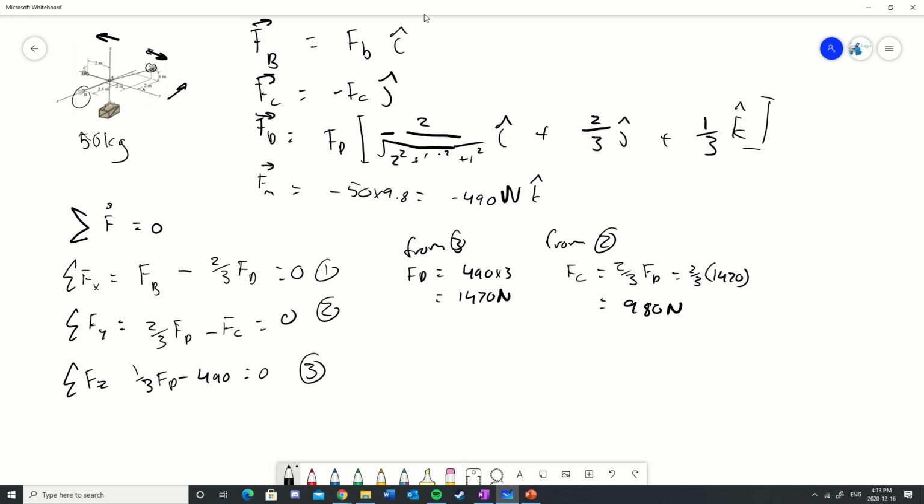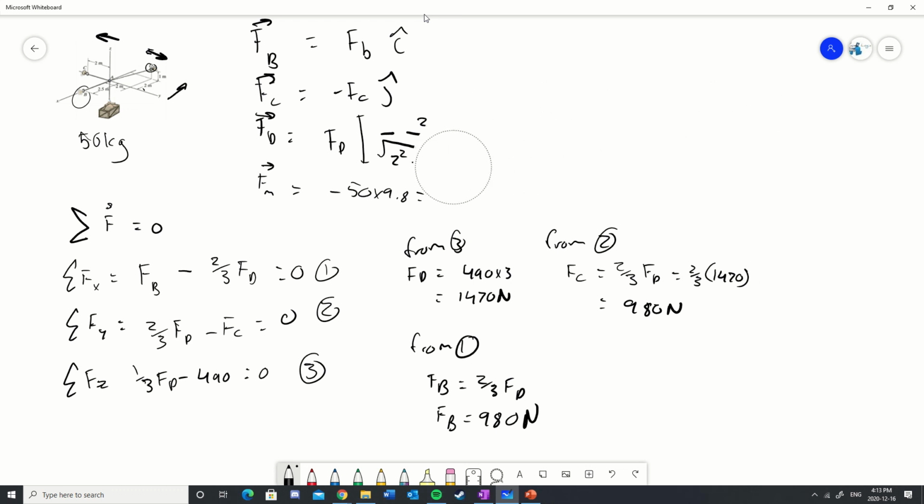And we can do the same thing from 1. FB equals 2/3 FD. And we already solved for that up here, so we know that FB equals 980 newtons. And we've got our answer. We are done. Now if I quickly clear off the space and write this a bit neater,